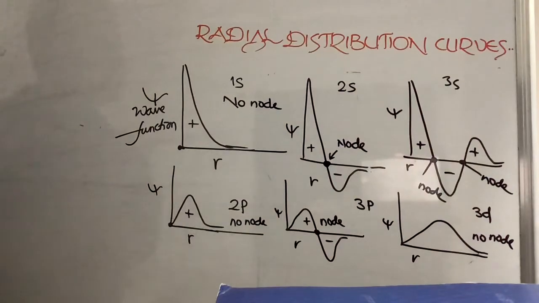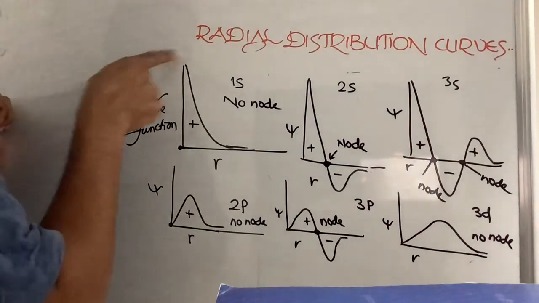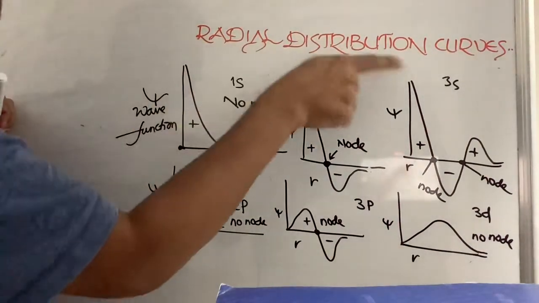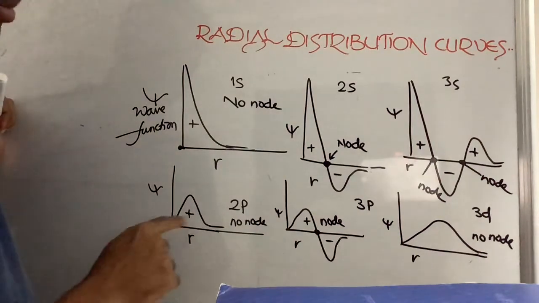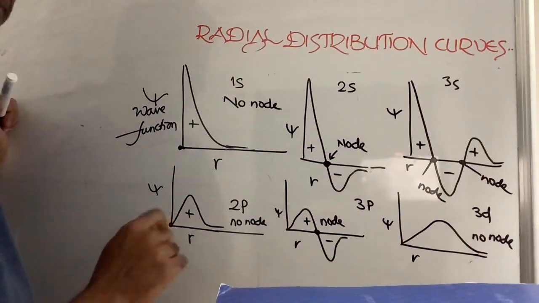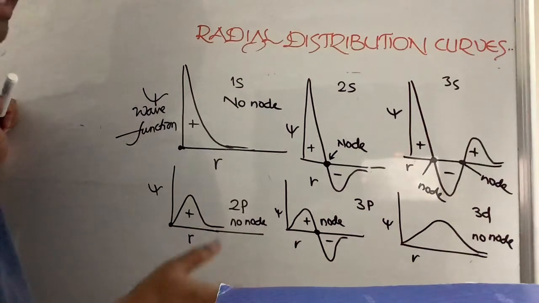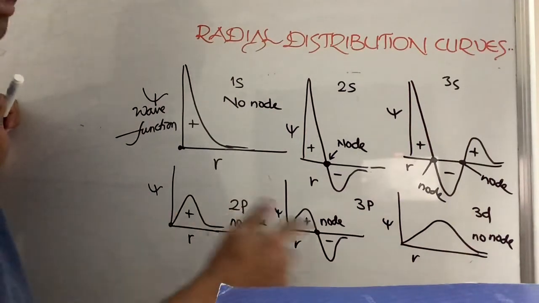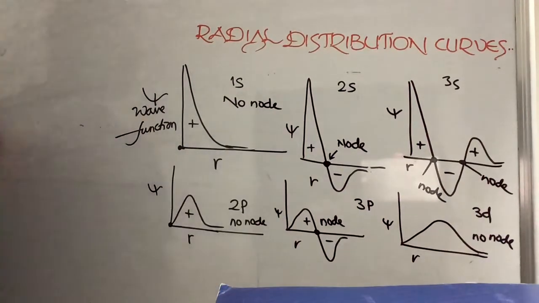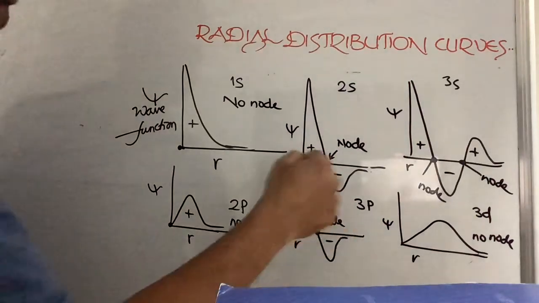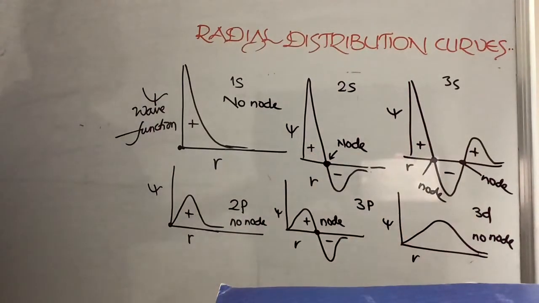The main observation you should make is, for all s orbitals we are starting from the highest one. For p orbitals and d orbitals we are starting from the minimum one. That means there is no possibility of finding electron of p orbitals near the nucleus. This is about psi. In psi we are having some negative values. In order to avoid those negative values, we are going to make it psi square. When psi square is there, all the negative values will become positive. Those are called the probability functions.